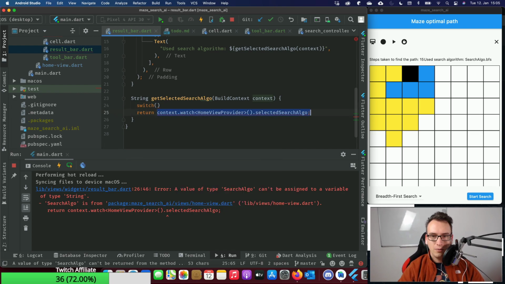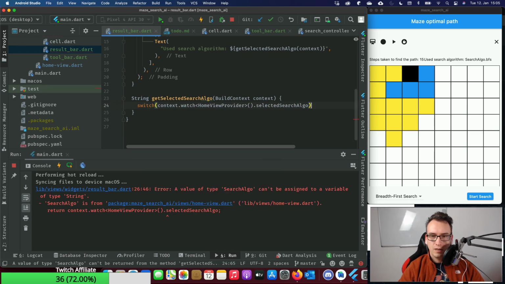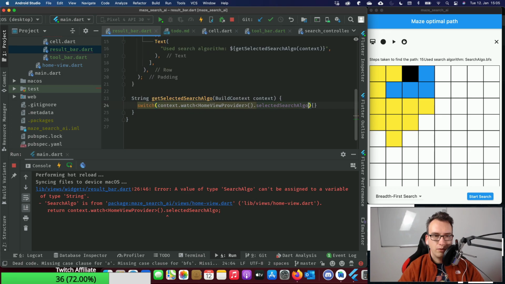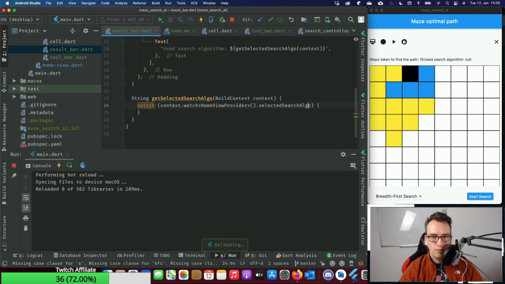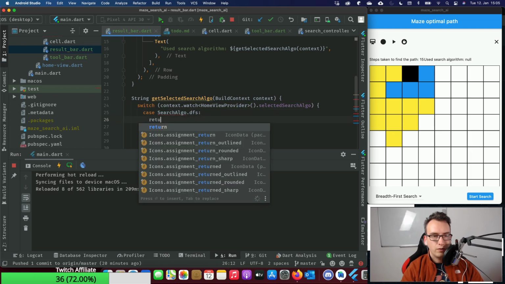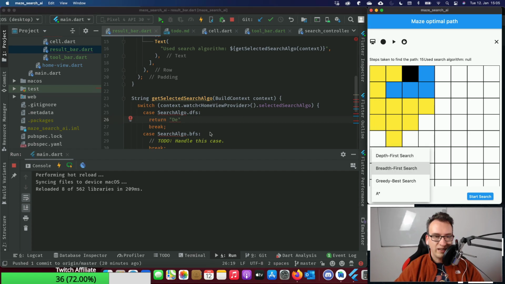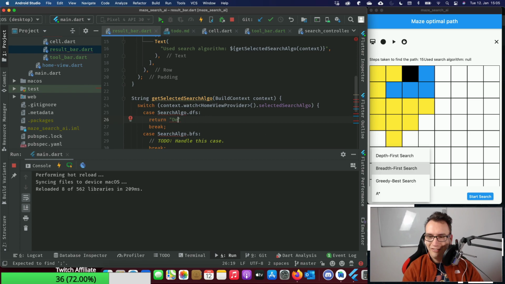Context, so now we use this algo here, and depending on what we receive, add missing cases. Whoop, what happened? Okay, so this returns, and I learned something yesterday. This is not deep first search, it's depth first search. So we have to import what this is.